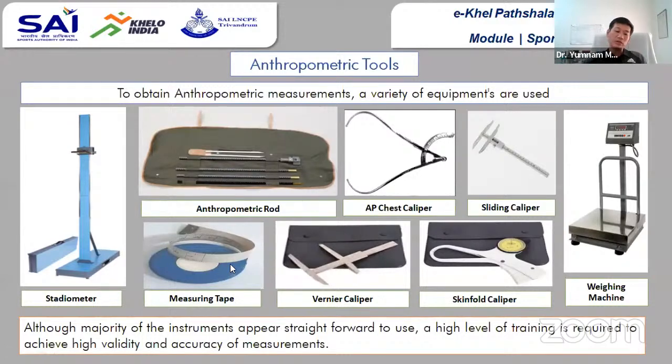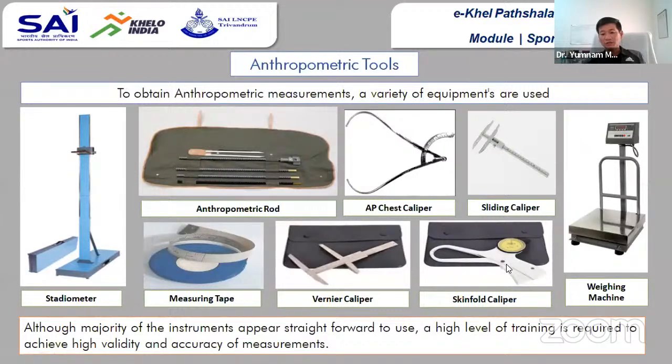So you can use this measuring tape for measuring the circumference of the upper arm normal, upper arm flexed, forearm, chest circumference, waist circumference, hip circumference, calf circumference, thigh circumference, like that. Any joint circumference, like wrist circumference, you can measure with this equipment. And mostly with this, we calculate the muscle mass of individuals. This vernier caliper is used for bone mass calculation, and the measuring tape is used for muscle mass calculation.